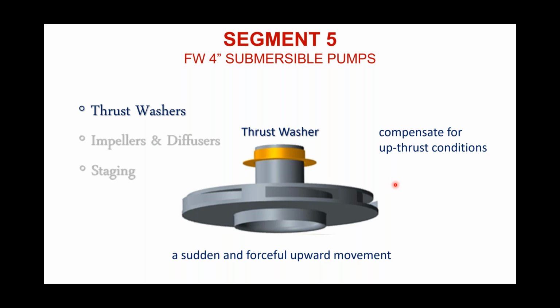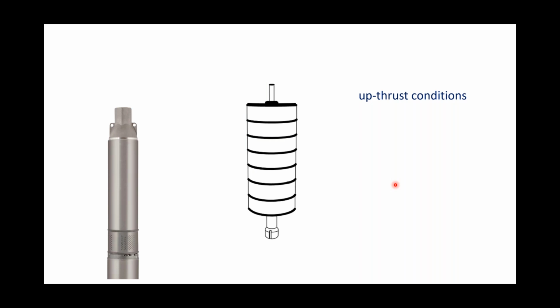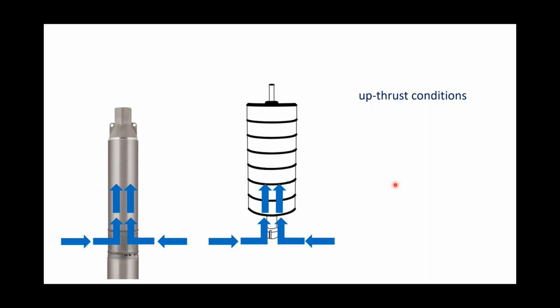And with the submersible pump always wanting to pump upwards, that's where we can end up with an upthrust condition. So when you get upthrust, you've got water coming in through the suction screen, and it flows upwards through that stack. All those impellers, all those diffusers that are in there, they want to just move right out the top of the discharge, right along with the water. That's what's called an upthrust condition. It's not a desirable condition to stay in, but every pump's going to see upthrust at some point in time,